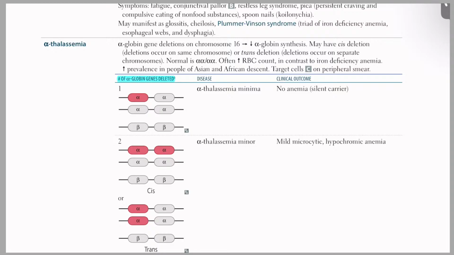Number of alpha globin genes deleted, disease, clinical outcome. First, alpha alpha by alpha alpha, beta beta: alpha thalassemia minima, no anemia, silent carrier. Second, alpha thalassemia minor, mild microcytic hypochromic anemia,